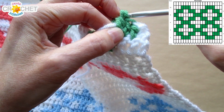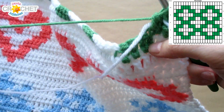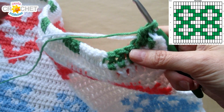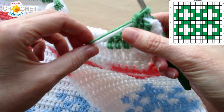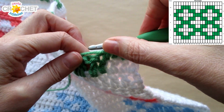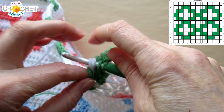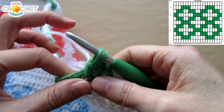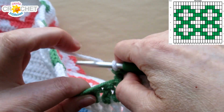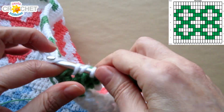Oops, I didn't want to finish that stitch. I want to instead switch back to A. I'm carrying B now. I'm going to work 2 in A. Oops. Finish that stitch. Catch up, Jada. Here we go. Now we work 2 in A,